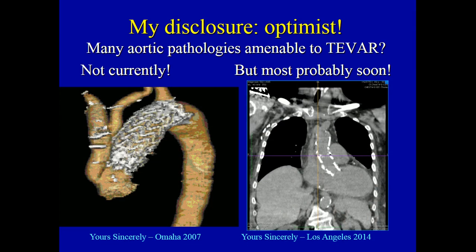I think my other disclosure is that I'm an optimist. While the majority of aortic operations are not amenable currently, as you see in the picture from 2007, one of my patients had one of the first stent grafts in the ascending aorta. But many of them will be soon. In 2014, we did one of our first endo-Wheat procedures, which is a TEVAR along with an ascending graft, for patients who typically would need cardiopulmonary bypass, circulatory arrest, and a Wheat operation, which is an isolated AVR and